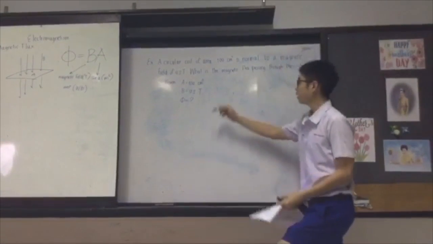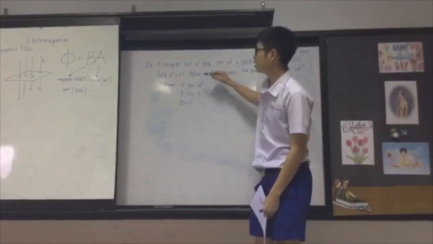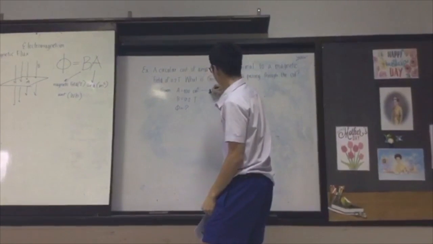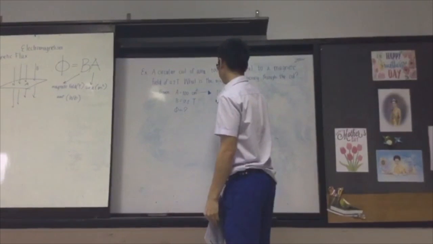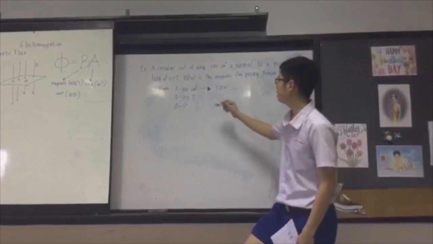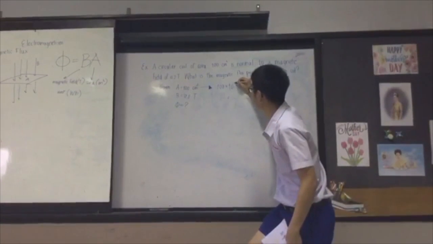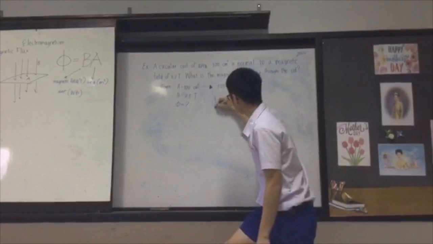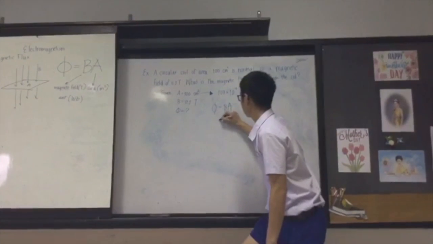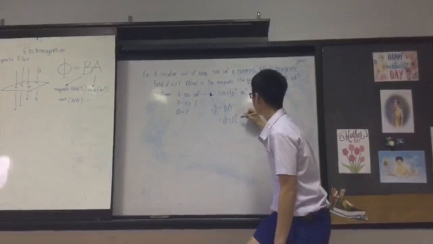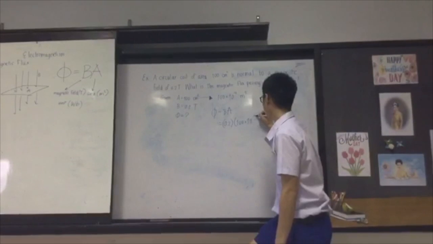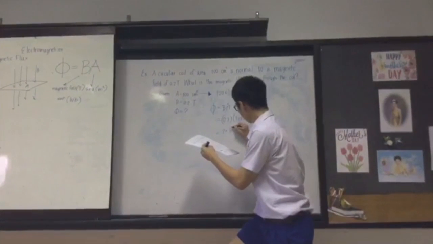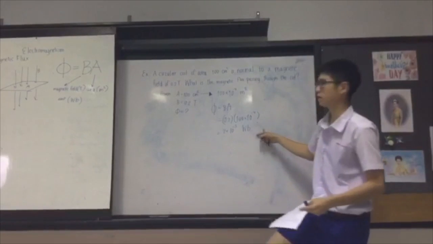Before we calculate it, just remember that the unit of area is centimeter now. We must change it into meter before we calculate it. Centi is 10 to the power negative 2, but this is squared, so we must multiply by 10 to the power negative 4. After that, we can use this to calculate in the formula, which is equal to, don't forget your unit, and that is